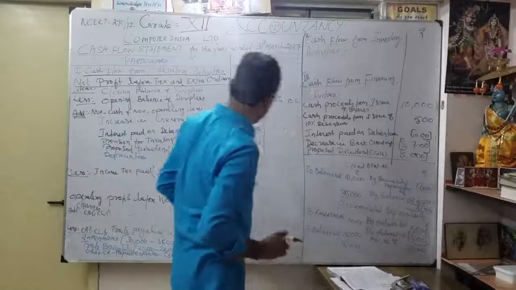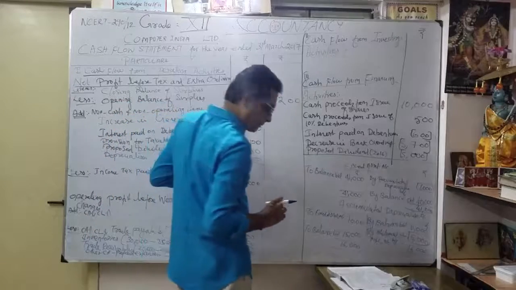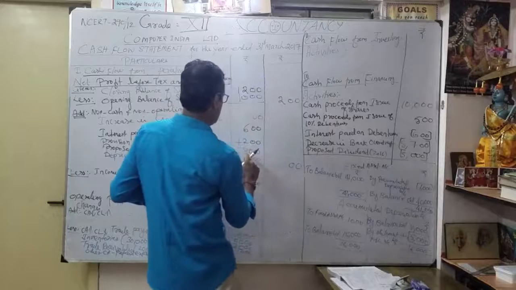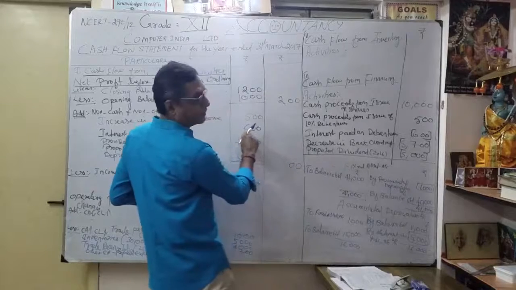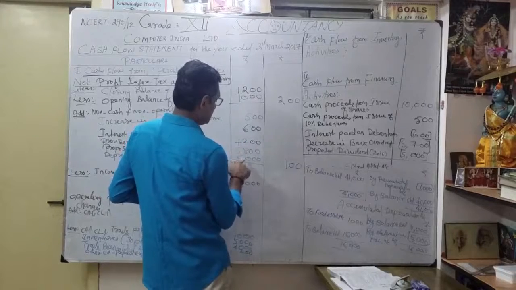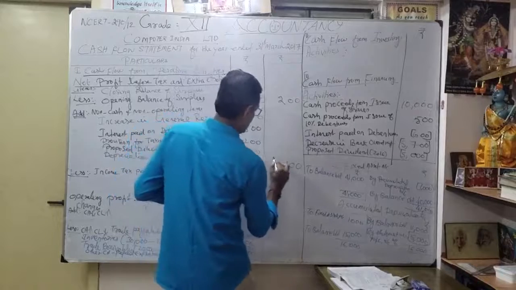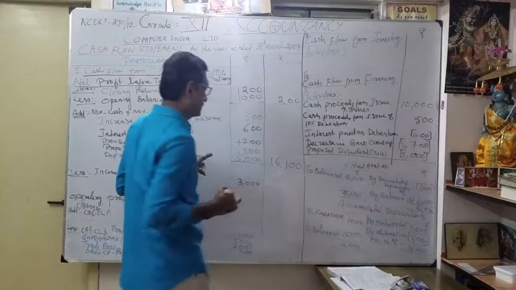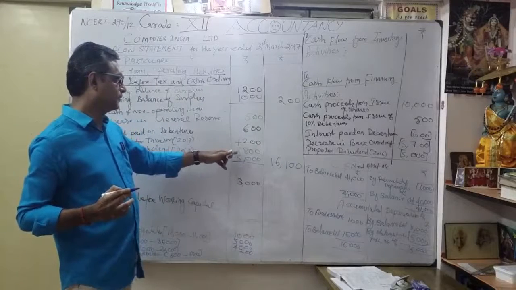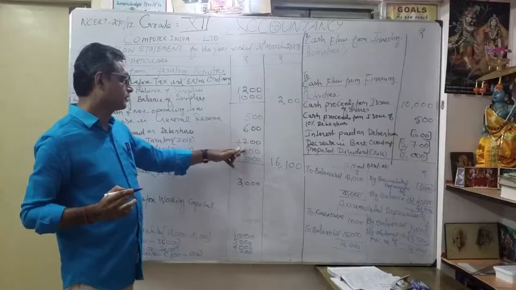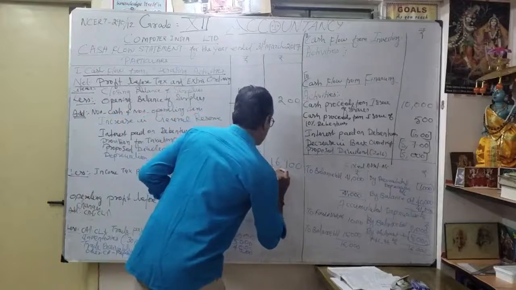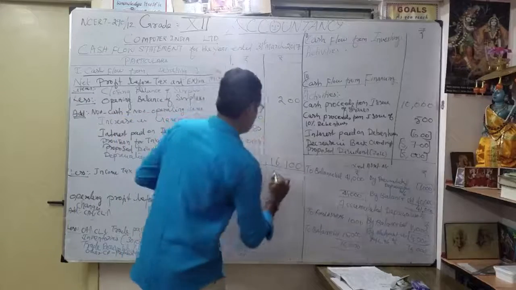So the total is coming to how much? 8 plus 2, 10, 16, 16 plus 5, 21. So 5 plus 2, 7, 12, 16. Okay, how much? 16,100. You check it once again. So the total is 16,100. You understood? Now I put it just like this. Should be very careful. 16,100 plus 200,